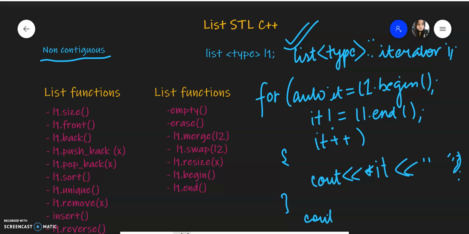So this is the major difference from vector, because in a vector, if you remember, we could just do v of I and have an integer variable I. Apart from that, this list is fairly simple, so I'm not going to make a hands-on video. If you feel a little uncomfortable, go and watch the vector hands-on video and code it together, try to apply the list functions instead of vector, and you'll get the hang of it.